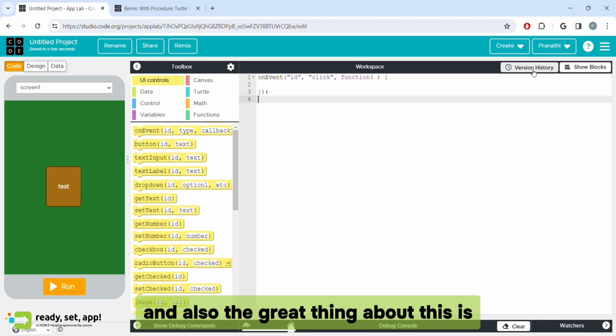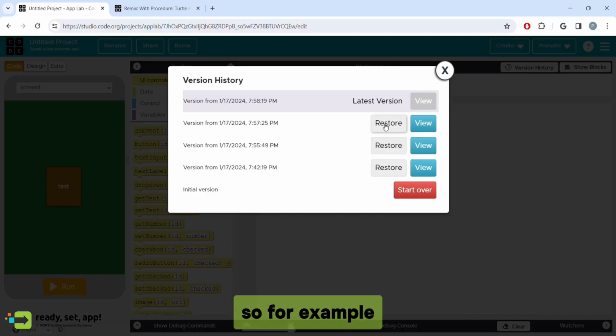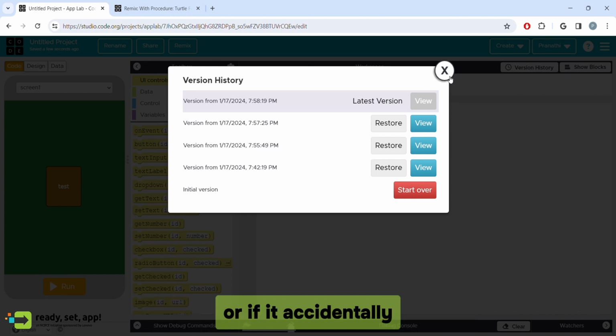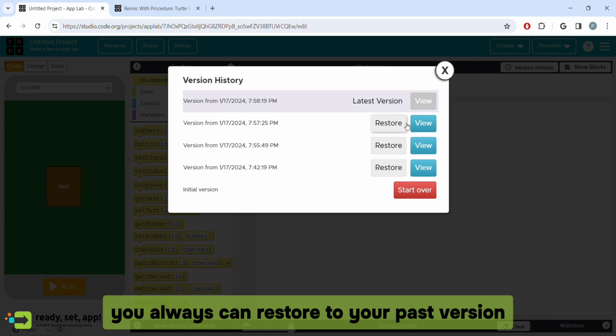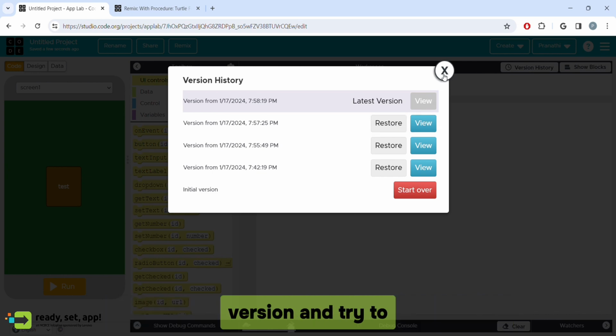And also the great thing about this is version history. So whenever you click version history, you can always see your past versions. It automatically saves for you. So for example, if you accidentally make a change that you do not like, or if it accidentally gets deleted, you always can restore to your past version or view something from your past version and try to recreate that